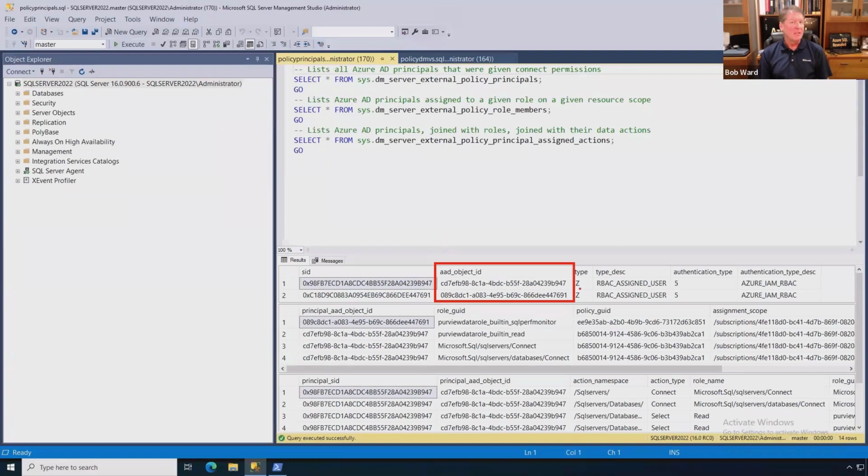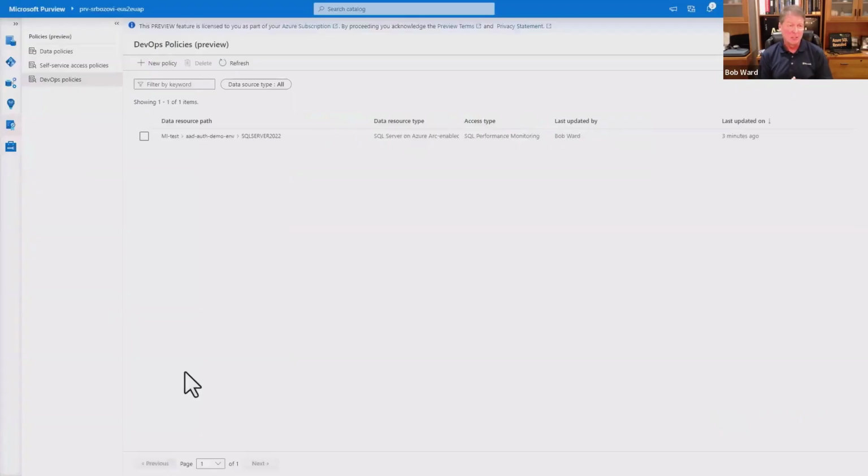Now remember, if Ajay's contract is up, we want to be able to go to Purview and not give him authentication anymore, but not do it explicitly at SQL Server. So I'll go back to Purview now and pick this policy, and I can just simply now delete the policy. And if I go delete the policy, it should revoke access for Ajay as a guest in the system. So let me hit delete.